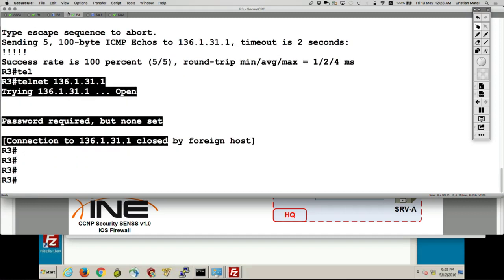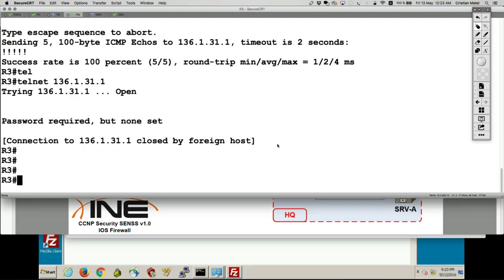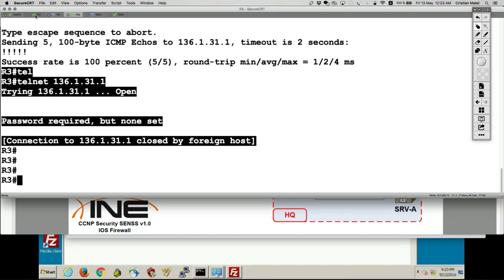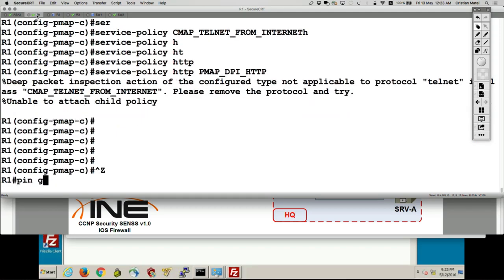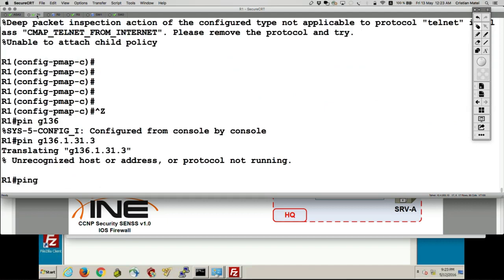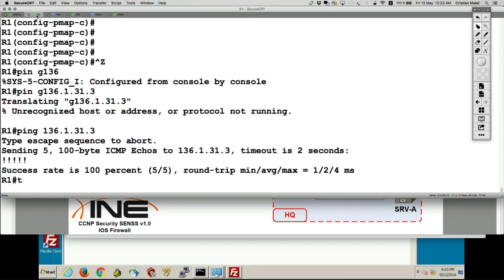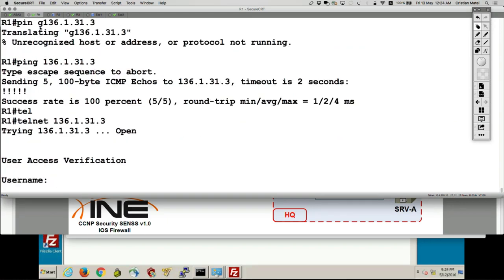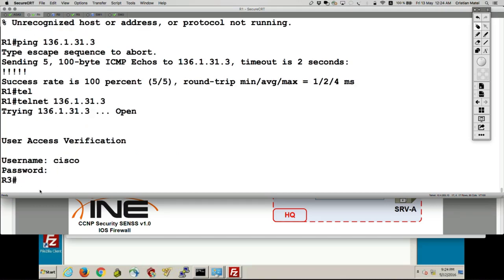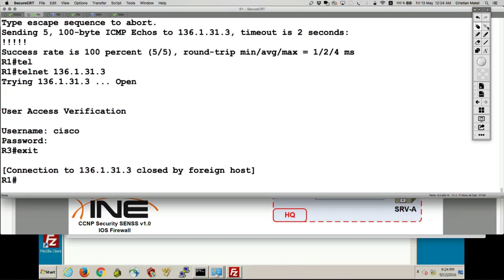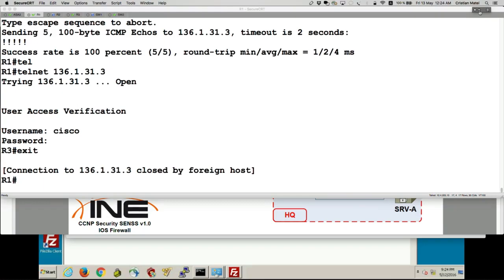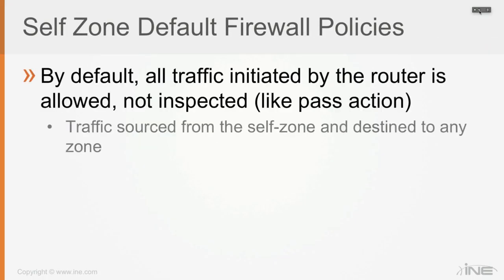Likewise from router 1, this is traffic destined to router 1. Also from router 1, I can ping router 3, or I can telnet to router 3. CISCO, and I'm in on 3. That is because, as I stated, by default, all traffic initiated by the router is allowed. It's not inspected, it's allowed to work, like a pass action.